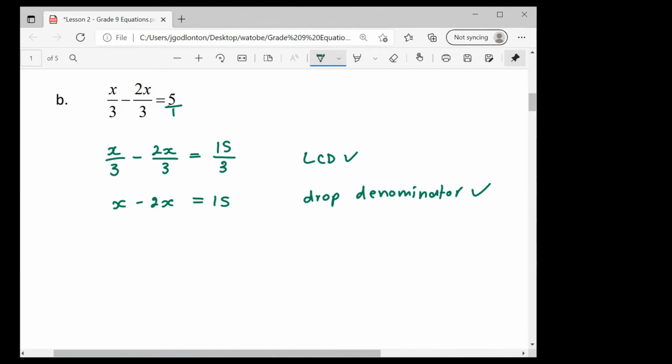Okay, so up to this point, everything you said is absolutely magical. But at the moment, that x and that negative 2x are already on the same side together, so we don't need to move them anywhere. Here we can literally just say x minus 2x, which gives us negative x, which would be 15. Then I can divide both sides by negative 1, so x would be negative 15. Everything you did up to here, which is actually the whole hard part, you did beautifully.